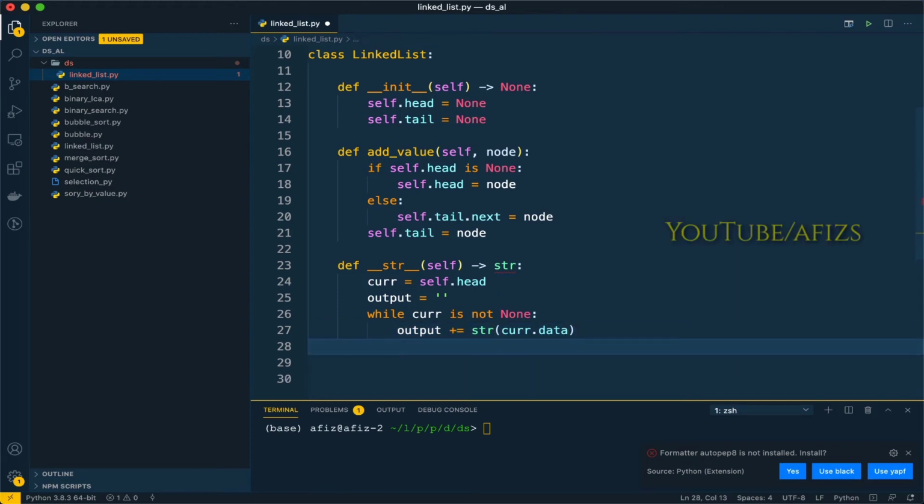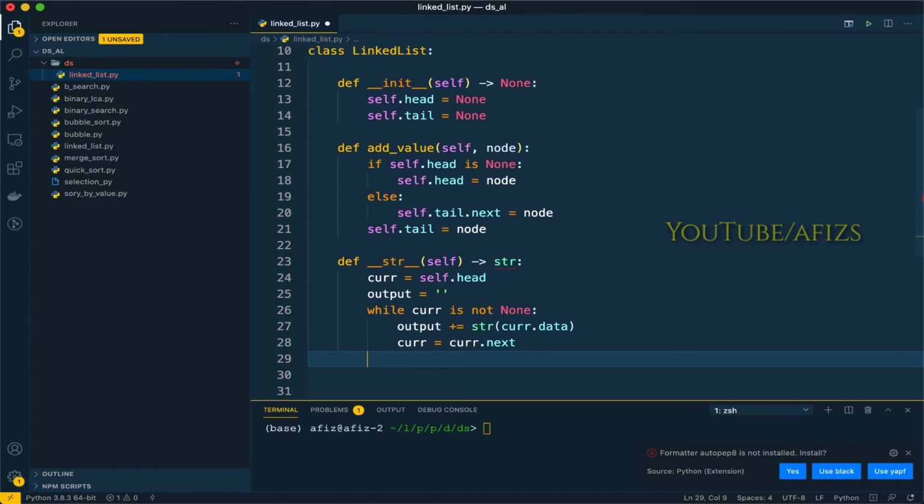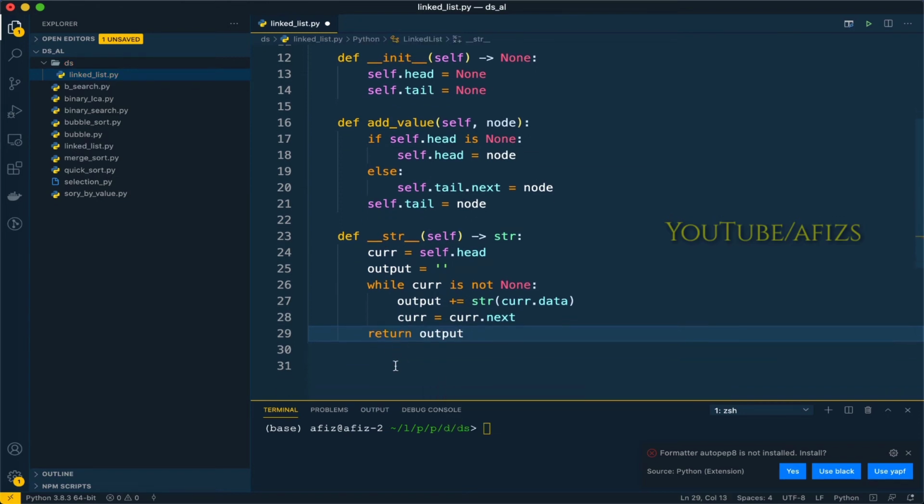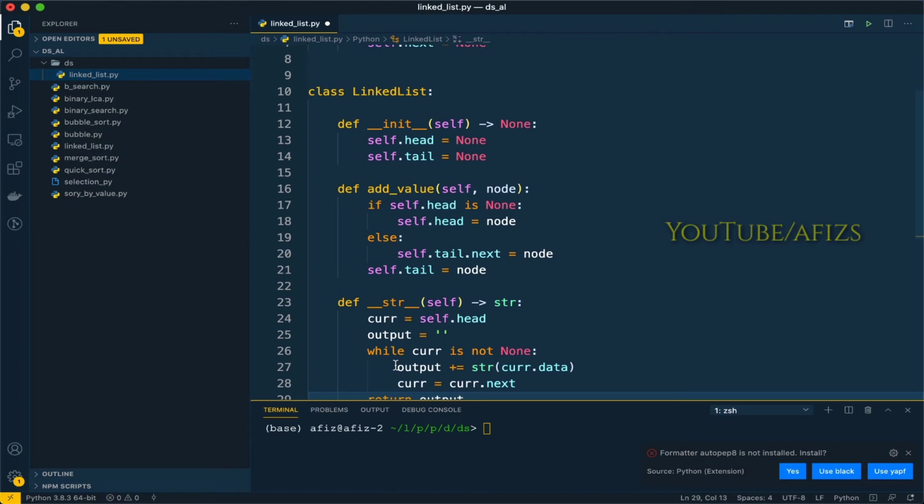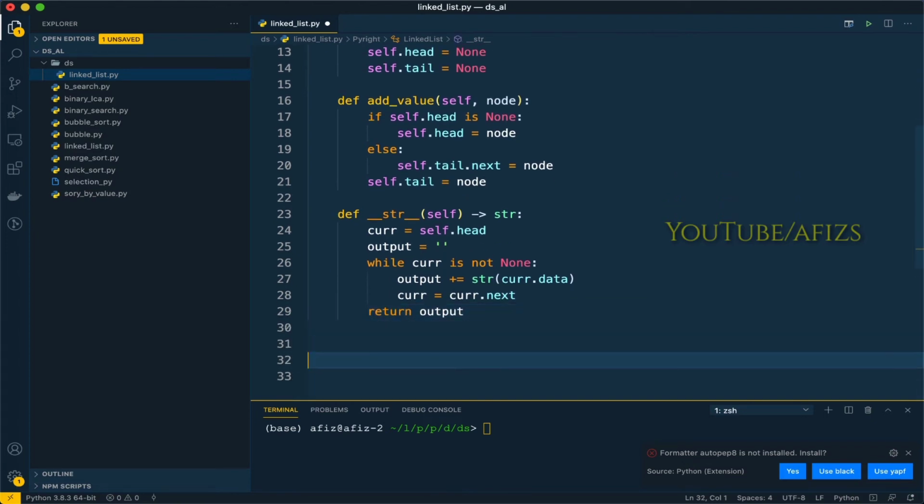And finally what we will do is current is equal to current dot next, and finally let's return the output, so we will get all the values. So now our basic linked list class is ready. Now let's define a main method to test our code.